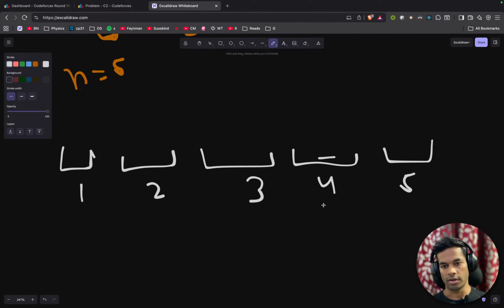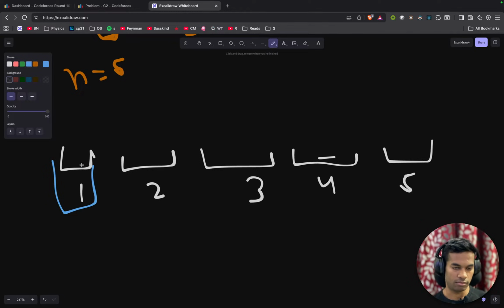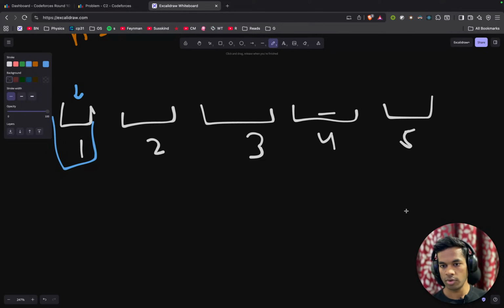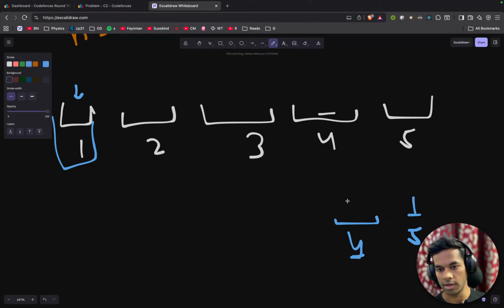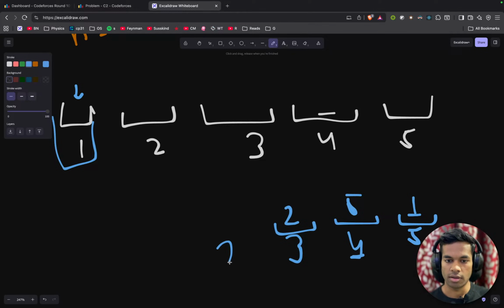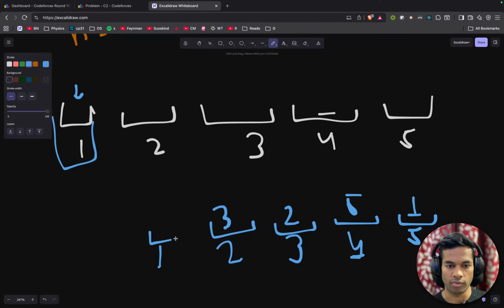And what comes here? For our normal solution, in which we were not making the condition valid for this first number also, we would just put 1 at the last index, at index 5, and for each other index we will take XOR of this number and this number and put it here, which is, in this case, XOR of 4 and 1 is 5. Then for index 3, XOR of 1 and 3 is 2. Then XOR of 2 and 1 is 3, yes, and then for 1 we will just put the remaining number,